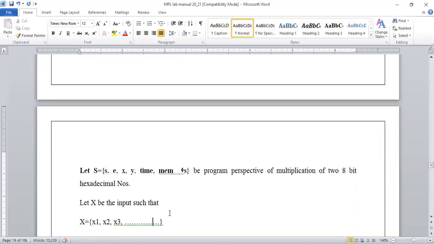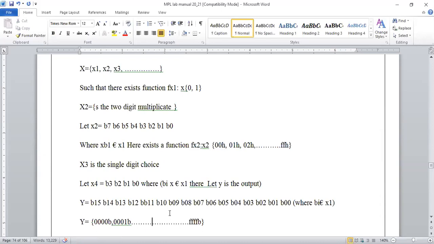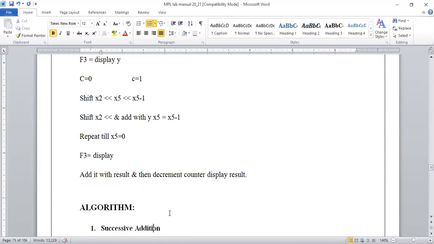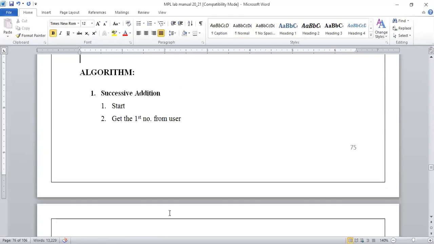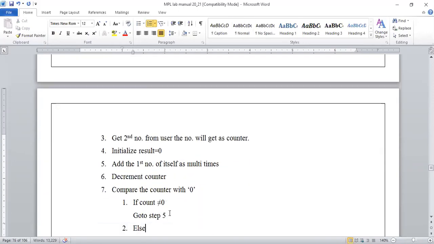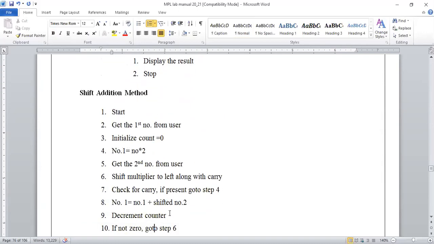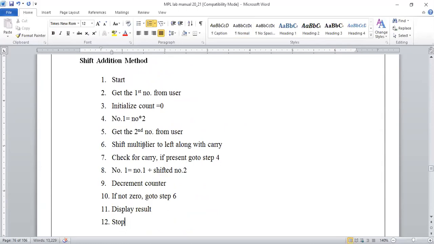Okay. So what we need to have here is the shift and a rotate. So this will be the first operation. Now this is the algorithm for successive addition, which has the logic which we have discussed, right? So for shift and add, we have a separate part. We initialize the counter to 0, and again we have the number. Get the second operand from the user, right?